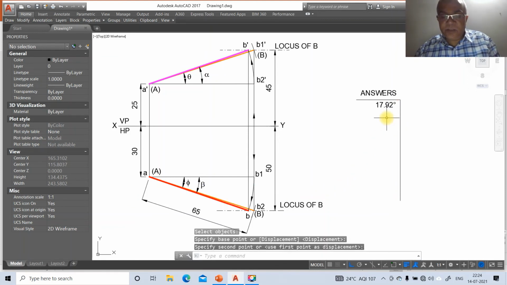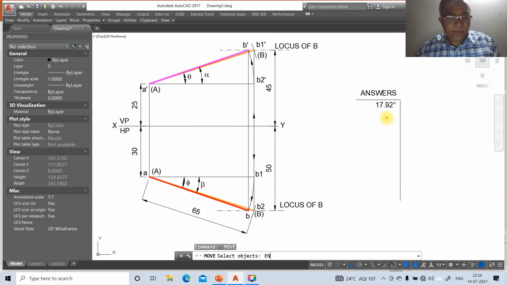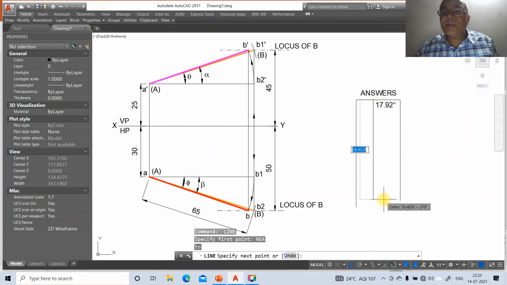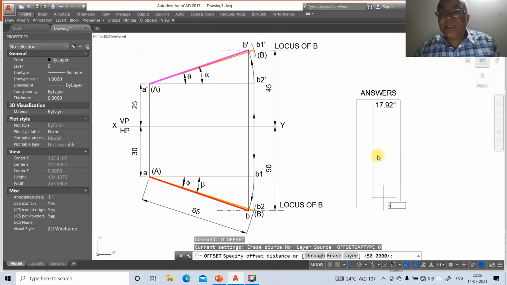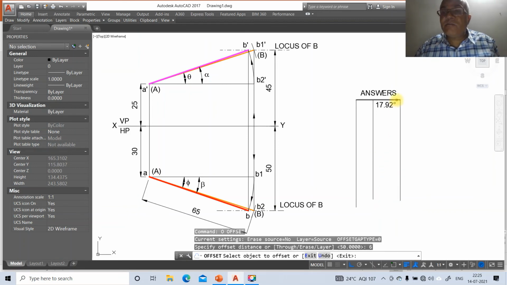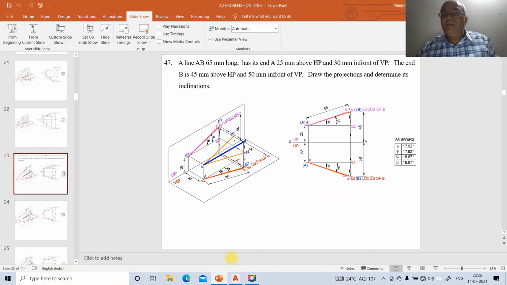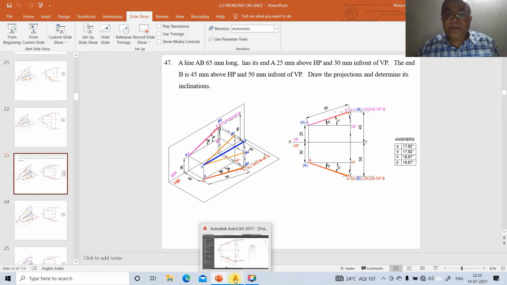So once you come down to this, then go to line, take endpoint of this, go to line, take end of this, then go to line, nearest point on this, drag this, then go to offset, take the distance as 6, then what is 17.2 degree? Phi, theta, alpha, beta.